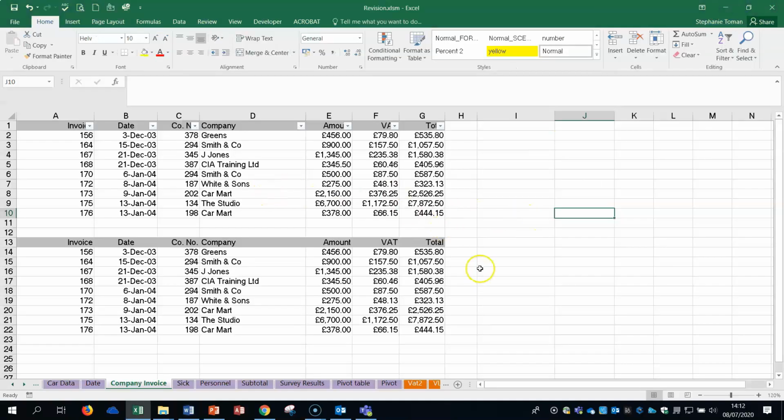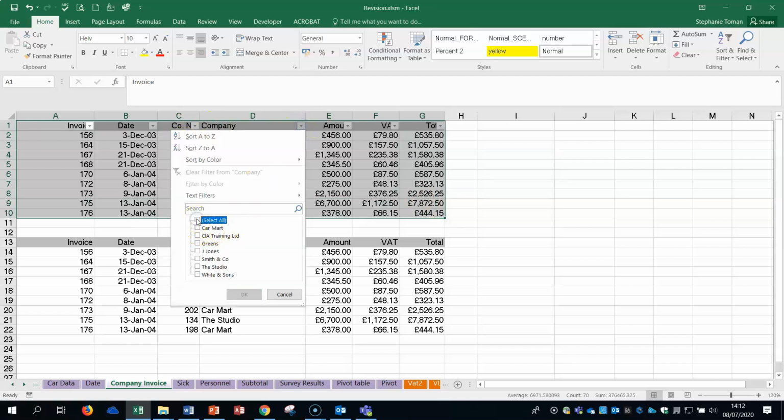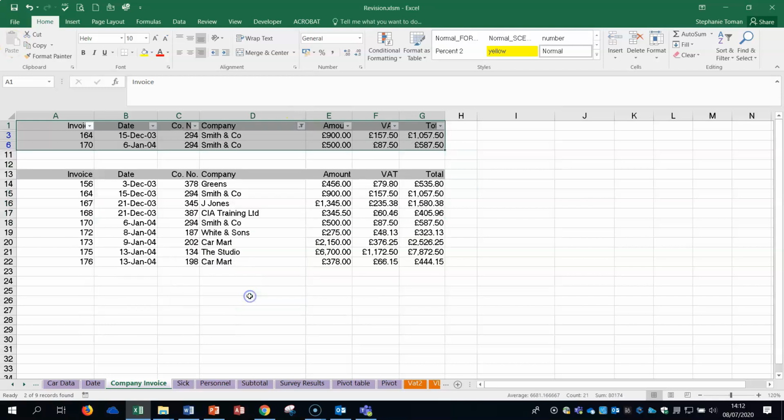So we've got the company invoice worksheet here, and A1 to G10 is the data range there. So what we're going to do is click on here, take all of those off, Smith & Co on, OK, and we're just filtering so that they're the only ones that are visible. With regard to the data range here, it selects data range C14 to